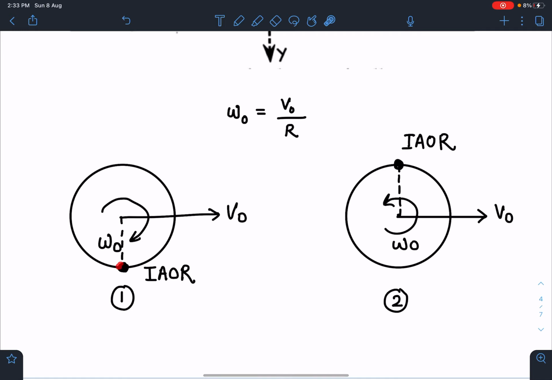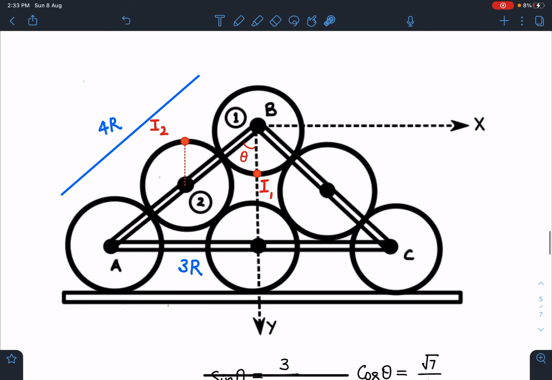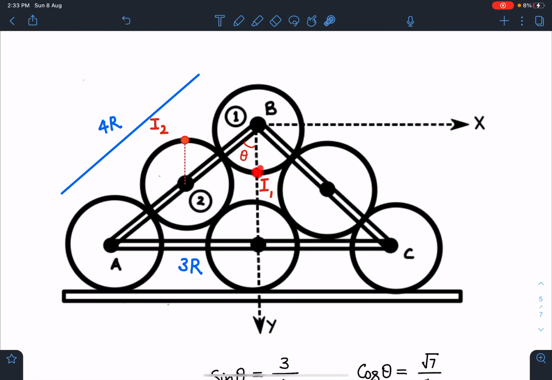So its instantaneous axis of rotation is this lowermost point. Velocity is 0 here, we can say. All right. Similarly here for roller 2, it is V0 this side and its omega was anti-clockwise. So this is exactly the reverse situation of the previous case. So its instantaneous axis of rotation will be at this point. So easy. Now I can say in the main diagram, instantaneous axis of rotation of this first one is this point, lowermost point, and here VCM was this way and omega like this. So instantaneous axis of rotation of this disk will be at this moment I2. So it's very easy now.